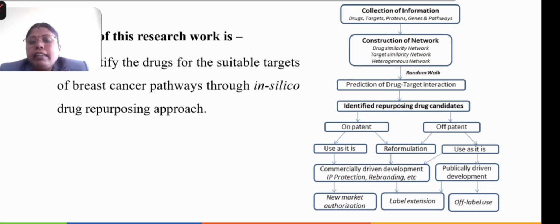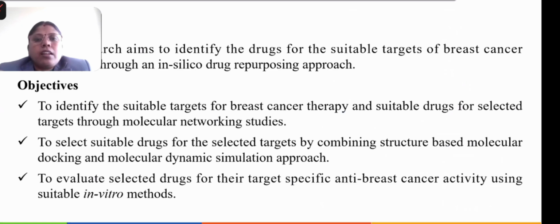If it is on patent, we can use it as it is and we can go for reformulation. If the patent has expired, if off patent, again use as it is, and commercially driven development, IP protection, rebranding, etc. And finally, new market authorization, label extension of use. So based on the hypothesis, we have the aim. What is our aim? This research aims to identify